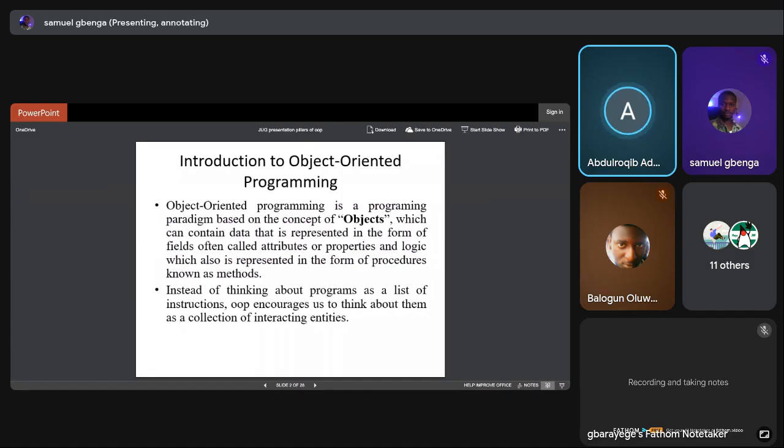A class contains the variables or attributes, which describe the characteristics of the class, and the procedures, which are the methods. It defines what the object does. If you look at the slide, Mr. Sam, next, you would see a code snippet. This is an example of